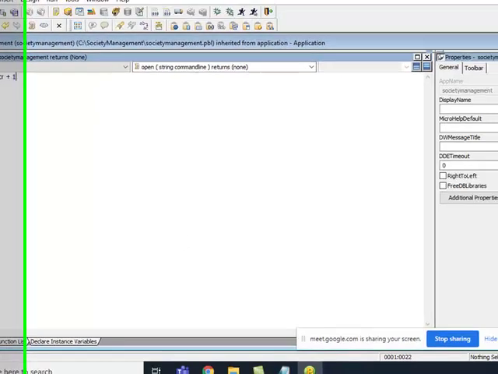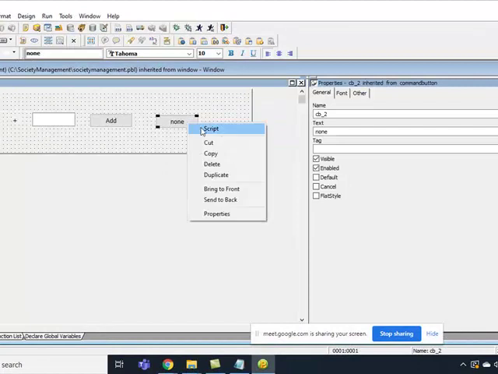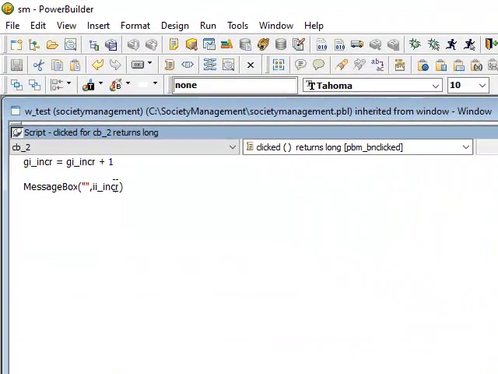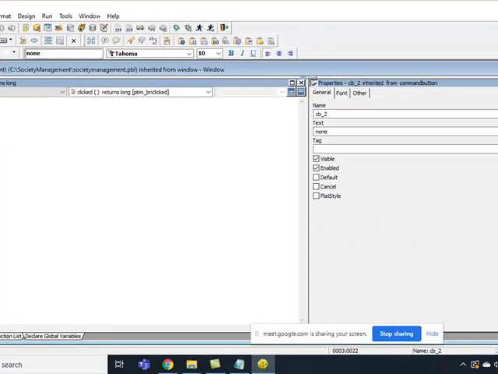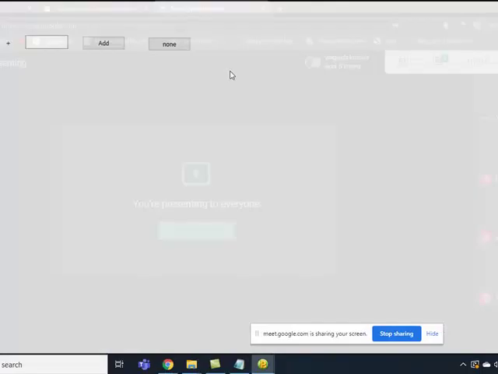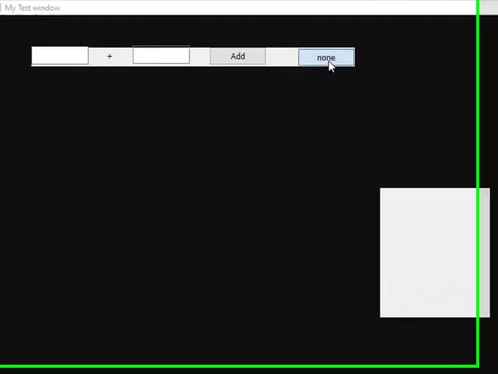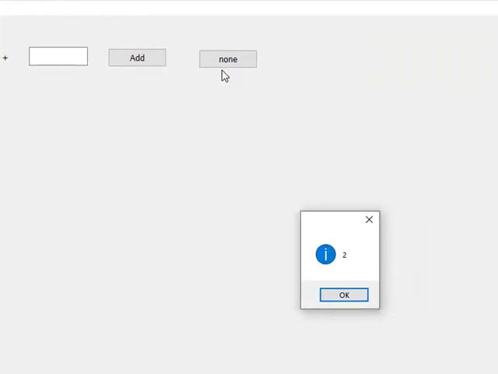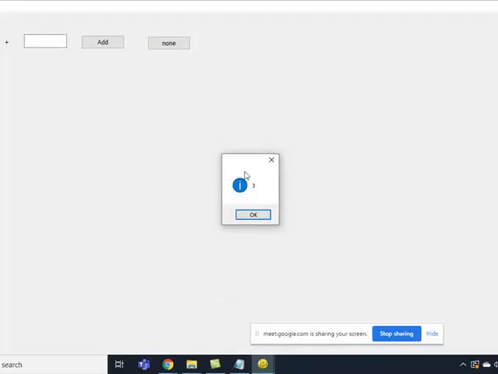Let me go back. Ah, got it. 2. Why 2 on a single click? Because 1 was done at application object level and 1 here, so it becomes 2. Next 3, right?